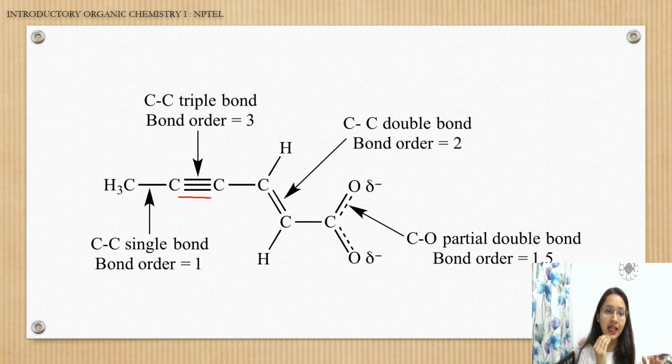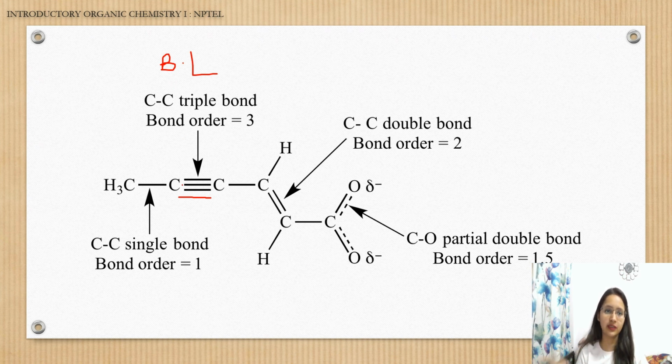Here we are talking about the bond order and the bond length. The bond order for C triple bond C is 3. The strength of this alkyne bond is higher than alkene, which in turn is higher than alkane bond. So the bond order for C triple bond C is 3, single bond is 1, and the double bond is 2. Whereas if you talk about the bond length,